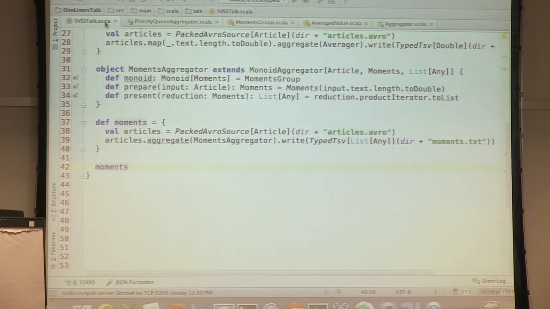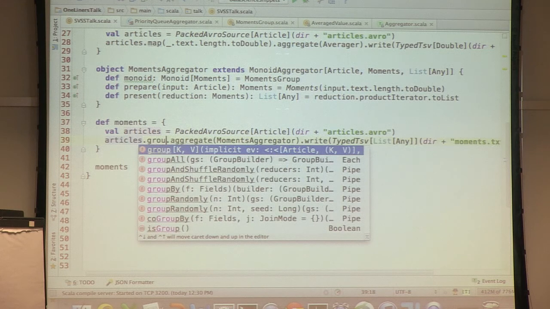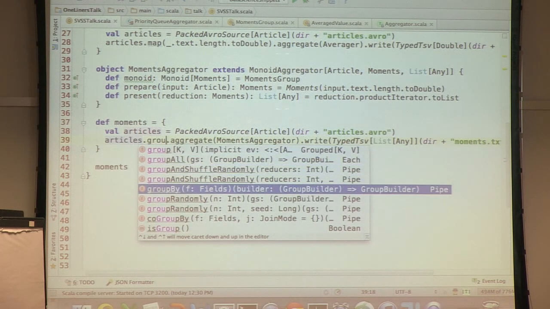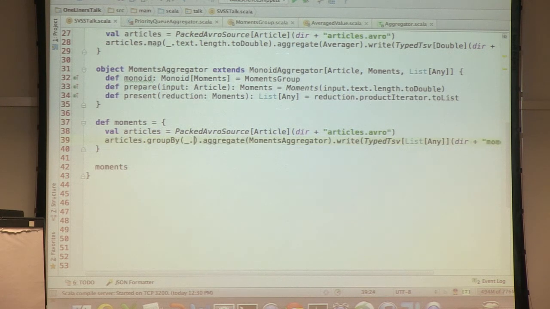And if you want to aggregate your data and apply this monoid, obviously we don't need to do it on our entire set. For example, I could have done, find me the moments for just the first letter of the Wikipedia article. The only thing to do here is a group by on the text's first element, and then we group by the first letter, and the group by will get an answer for every letter in the alphabet.